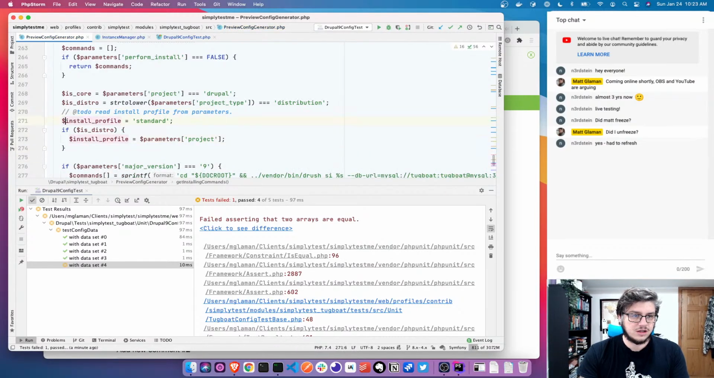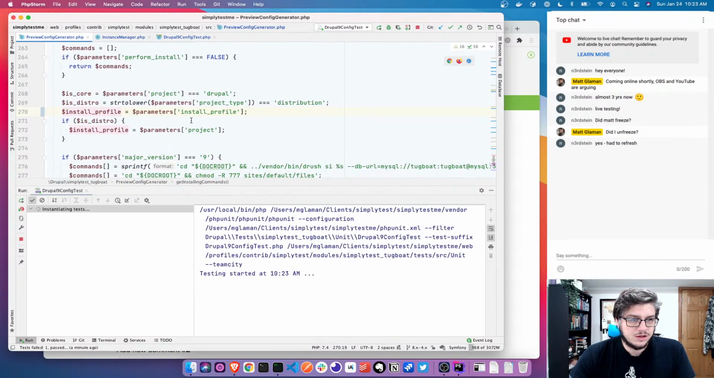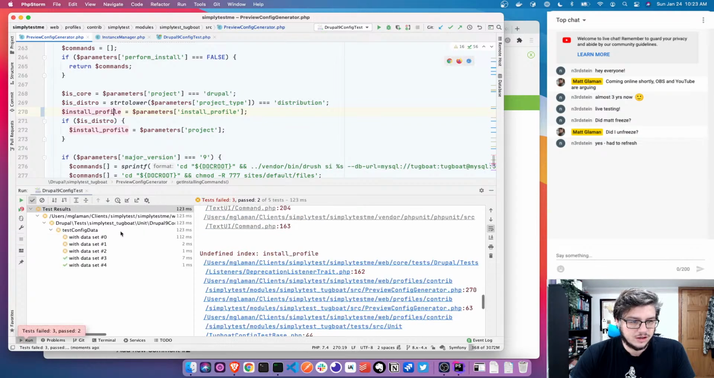Actually, oh, I even have the to do there. Wow, I didn't realize that at first. So parameters, install profile. So we can delete that line. We have install profile. Let's click run. And our test should be green. Oh,